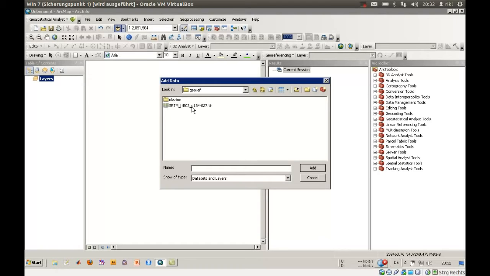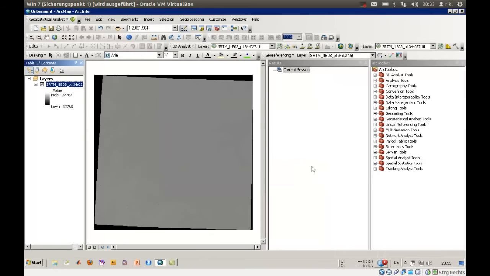For SRTM data, there are several processing steps available. So there's something like a raw data file, and then the USGS, I think, has done some processing of that file. I've downloaded filled finished B. That means that some pixels where no information was available have already been filled by the processing. And this is revision number B. I'm not really sure what every step contains, so I will now just import that data in my GIS project,